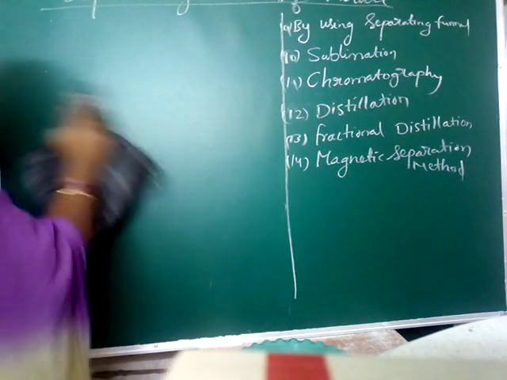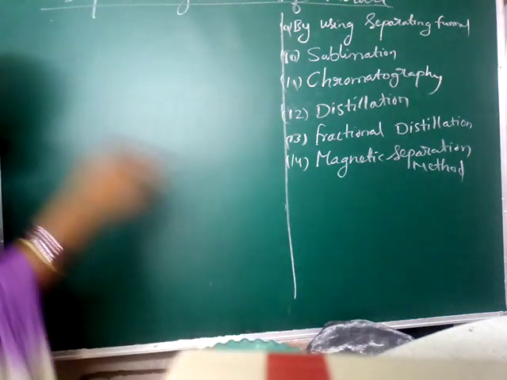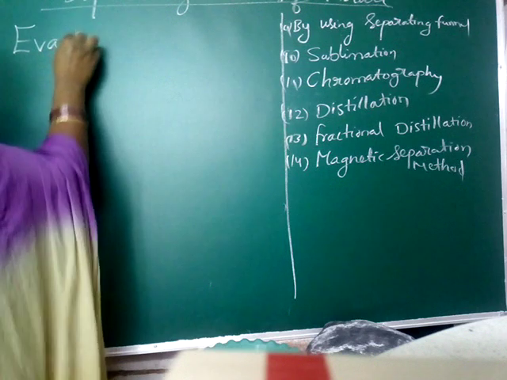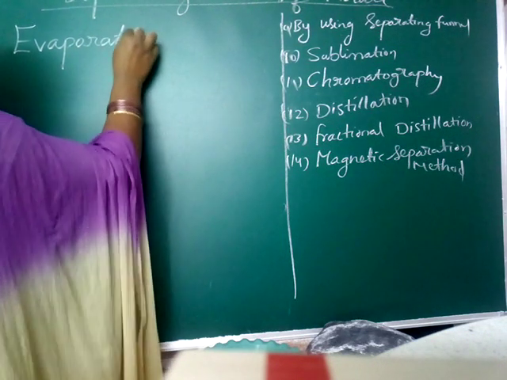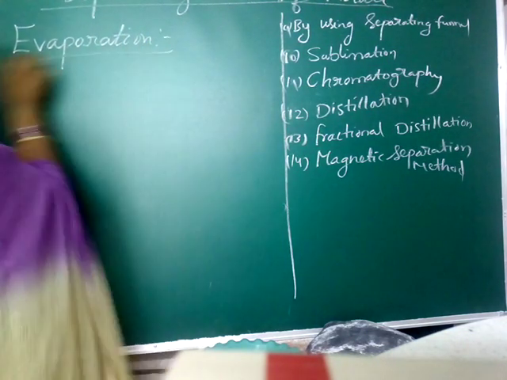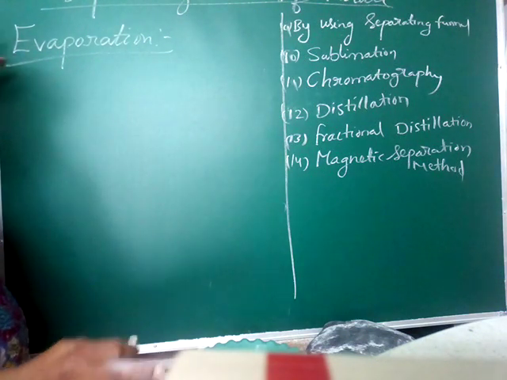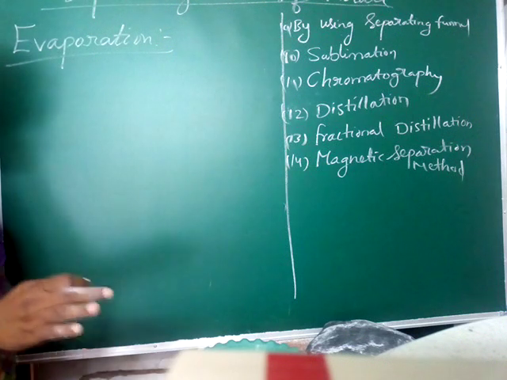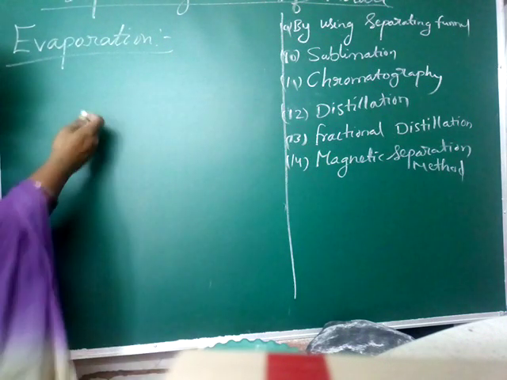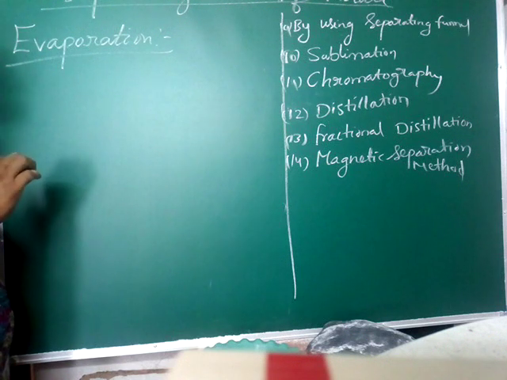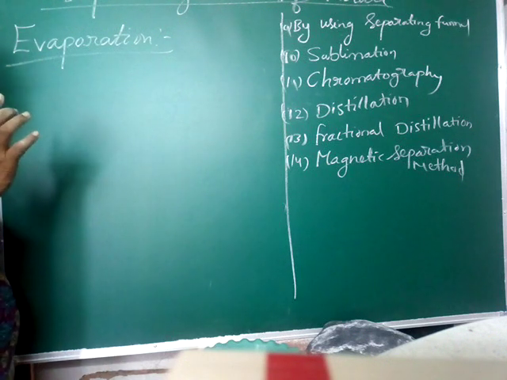Up to here you already learnt in 7th class. Now you come to the remaining processes. The first one is the evaporation process. Before, I told you the general process. Now I am telling you what you have to write in your examination. That's why I am telling you how to write it experimentally.